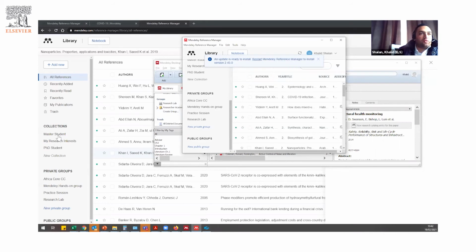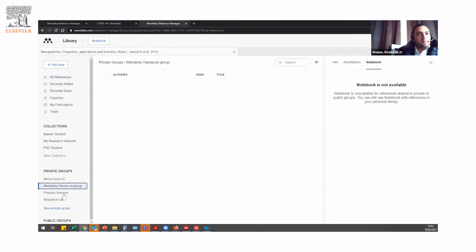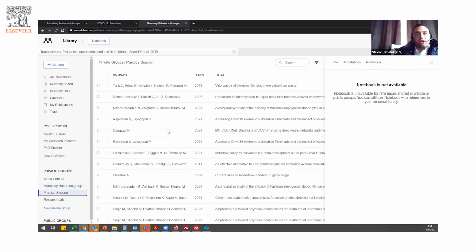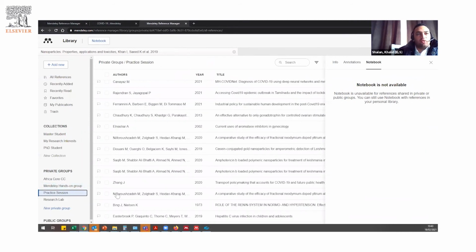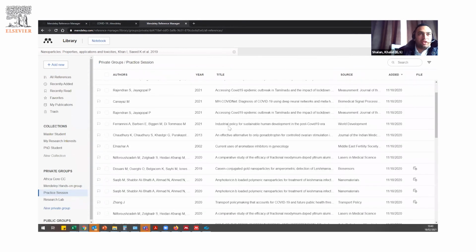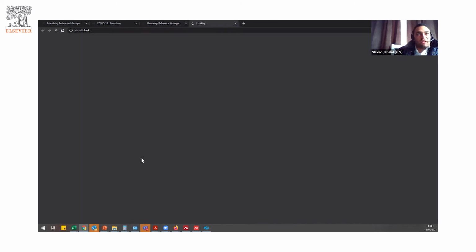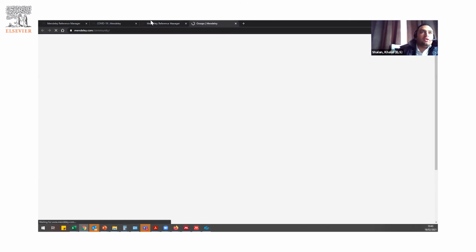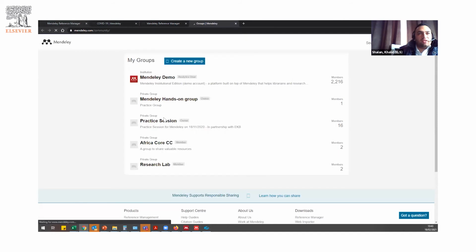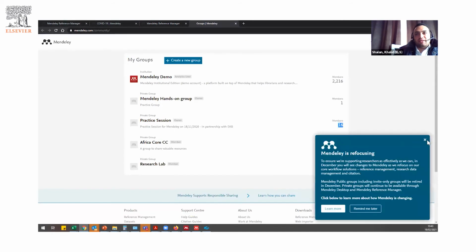So if I have created one of those groups, so for example, this group here, I've shared. So if I go over to this group, I've shared all those articles with other teammates as well. So just as I created a new private group, on the Mendeley.com community, I can see the groups I've created, who are the members. So this one has, for example, 16